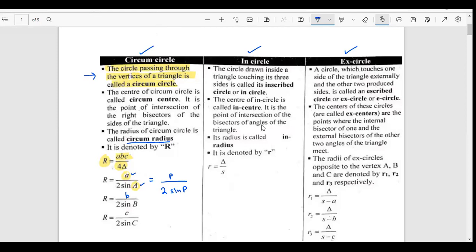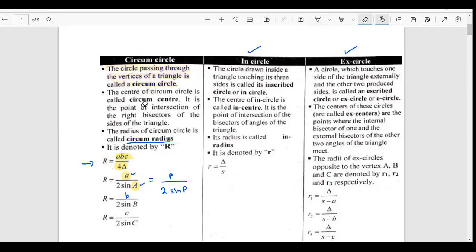Okay. Perfect. अच्छा, तो सर्कम सर्कल हमें समझ में आ गया। सिंपल बात है कि सर्कम सर्कल के अंदर ट्रायंगल है, उसके सेंटर को हम सर्कम सेंटर कह रहे हैं, उसकी रेडियस को हम सर्कम रेडियस कह रहे हैं, और ये सारे फॉर्मूला जो हमें याद करने हैं।